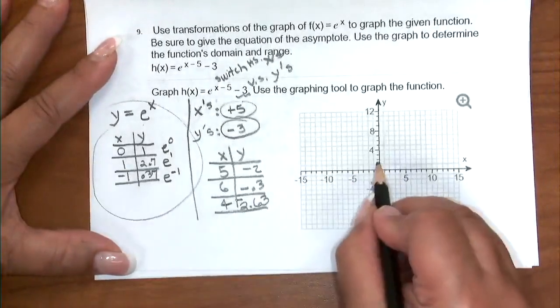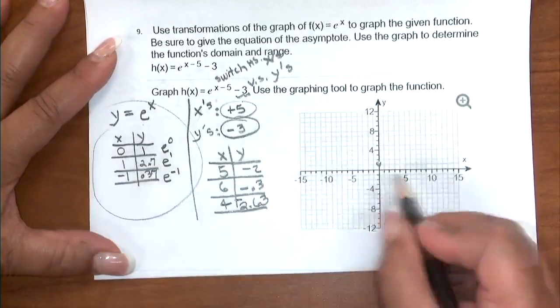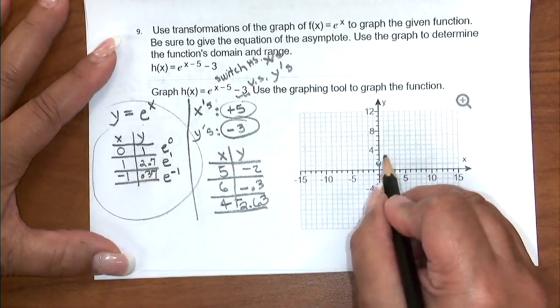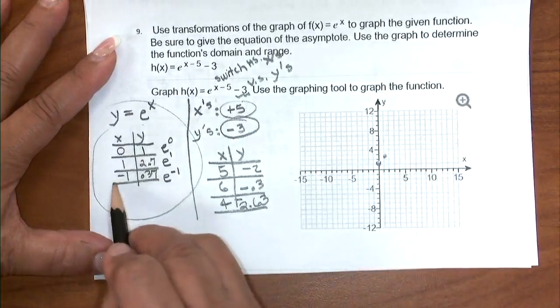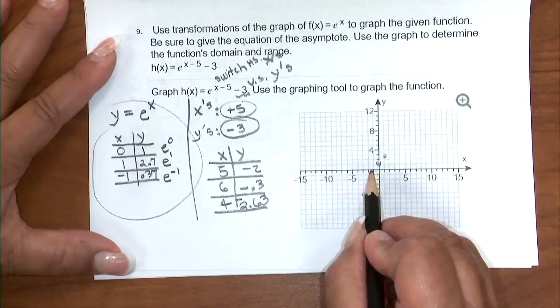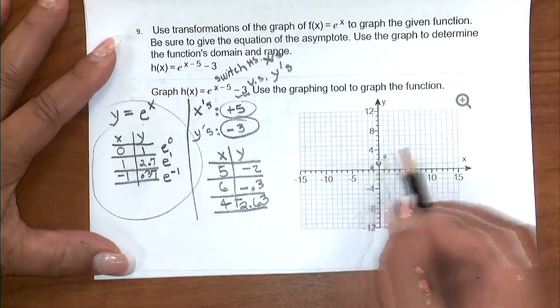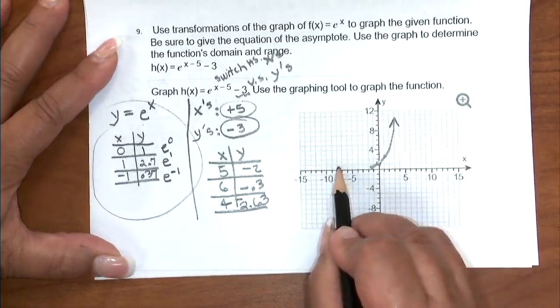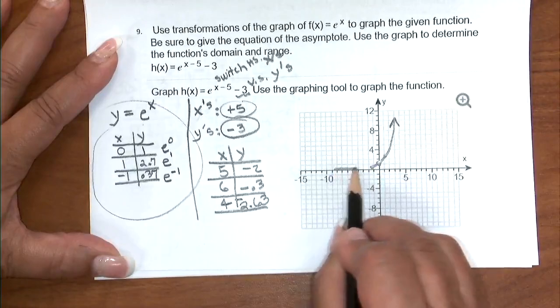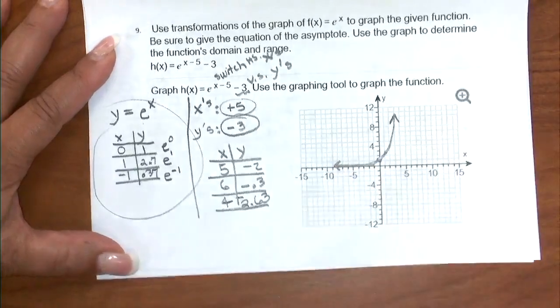Okay, so 0, 1. Then we're going to do 1, 2.7, almost at the 3. So right there, it's starting to climb upward. And then negative 1 and a teeny tiny hair above the x-axis. So if you know the shape, you don't have to do more than 3 points. You see, it's getting very close to the x-axis. That's the hovering part,